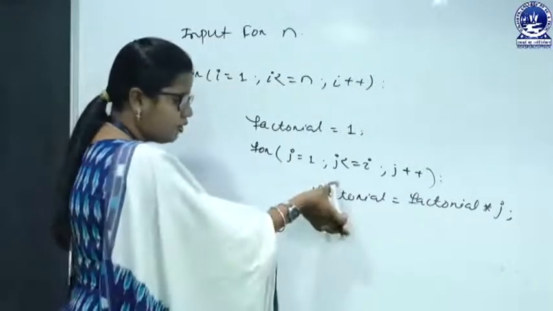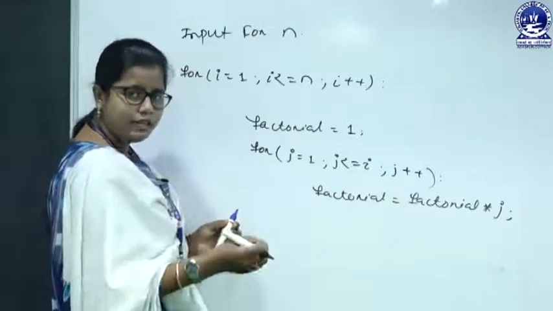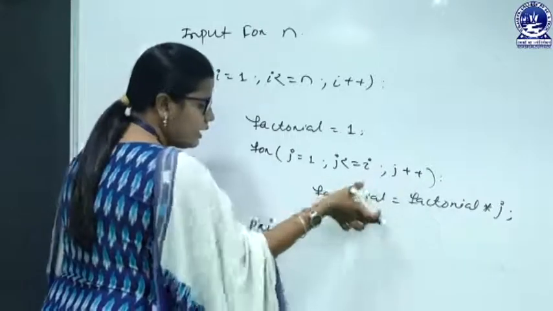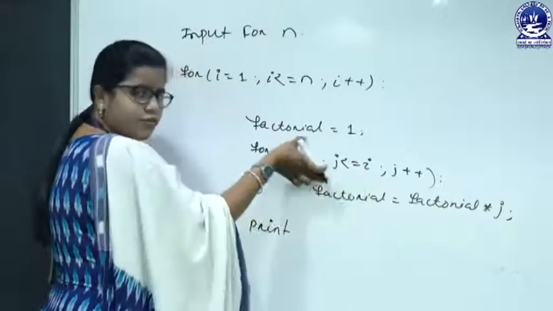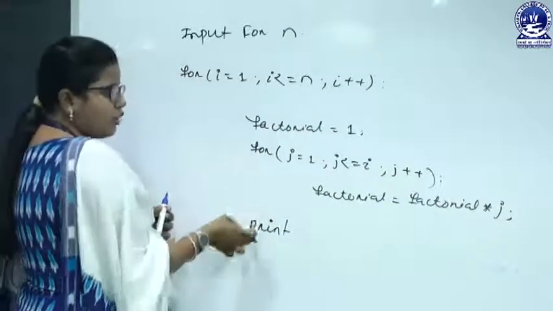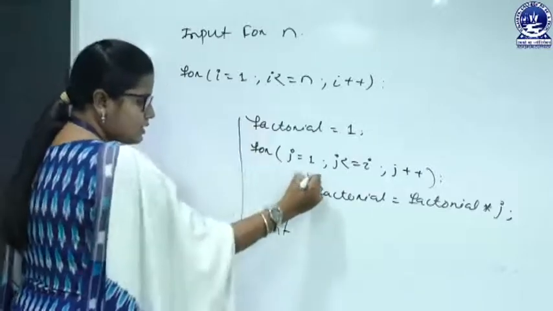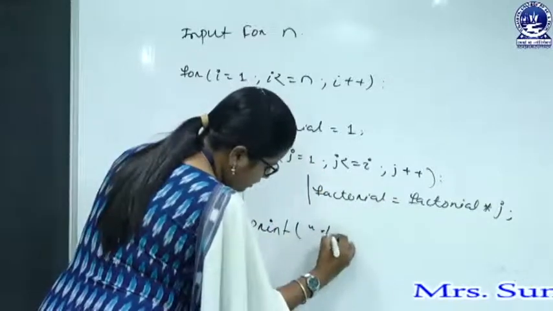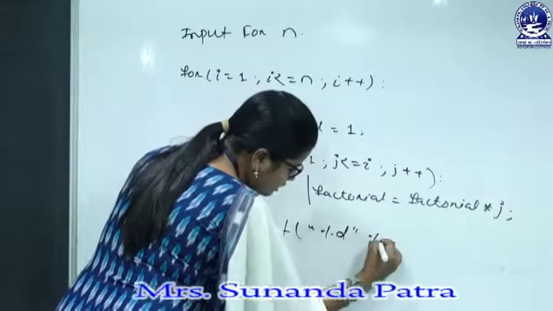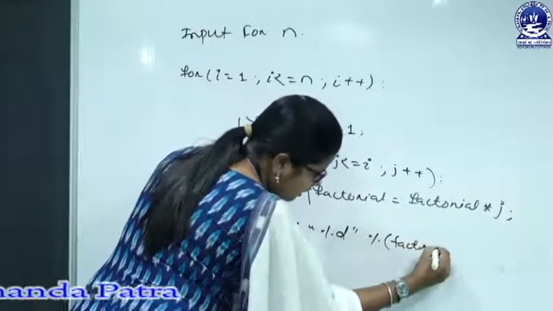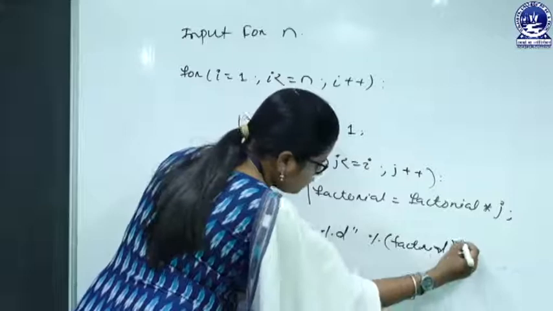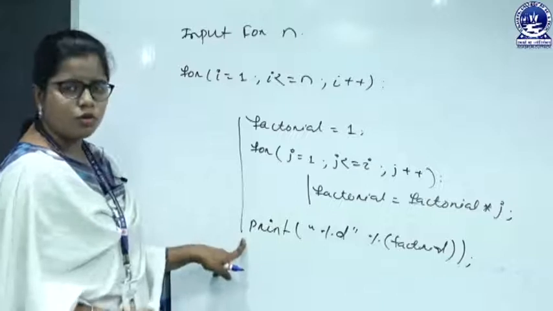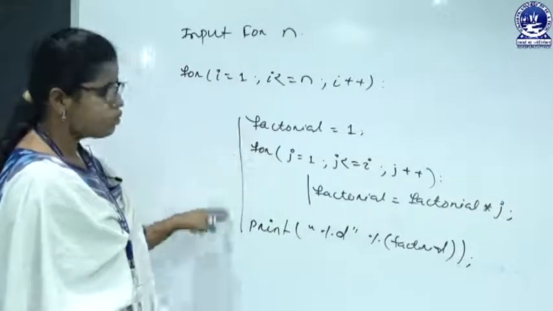So after calculating the factorial, now our question is to print that number. So here we have to follow this indentation. This is the block of the inner for loop and this is the block for the outer for loop. This is the indentation here and this is the indentation here. So print the value of what? The value of factorial, percentage d, and here is the percentage factorial. This is the style of printing the value of factorial in Python programming. So this is the outer for loop's indentation, this block belongs to the outer for loop.